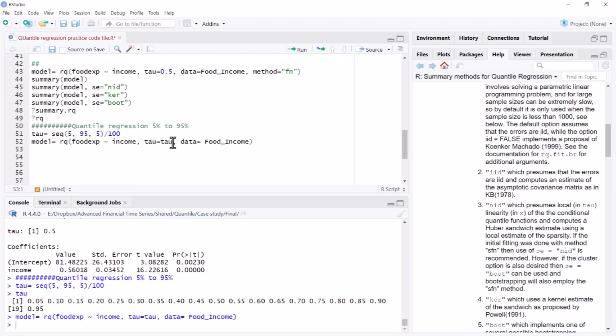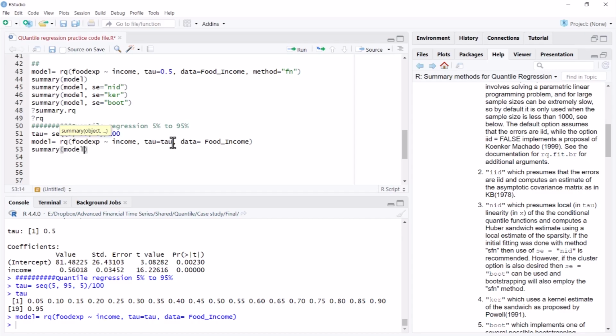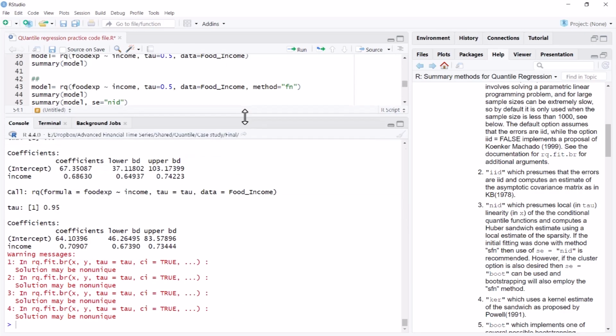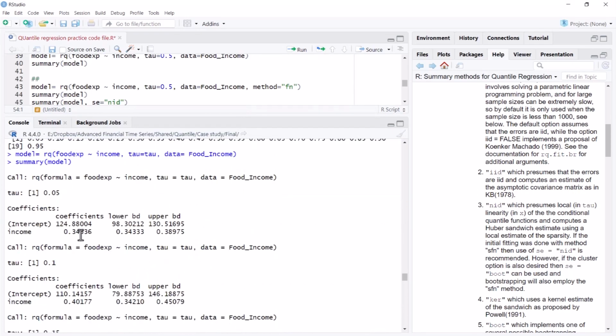Now if I run this, first I'll run the raw results without any hypothesis testing, and you'll see for each quantile there's some warning. Maybe in some places the output may not have converged, but still, just see. You have these results corresponding to lower quantiles. At lower quantiles, the result is 0.34.